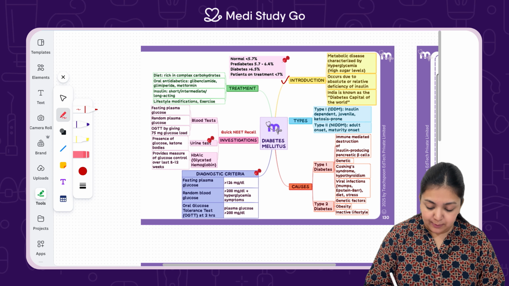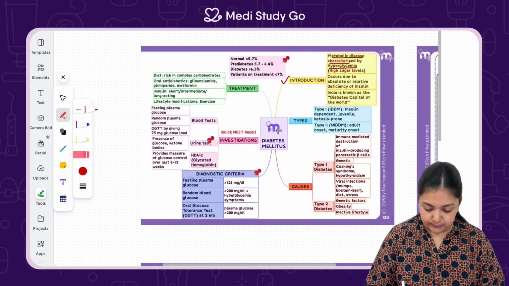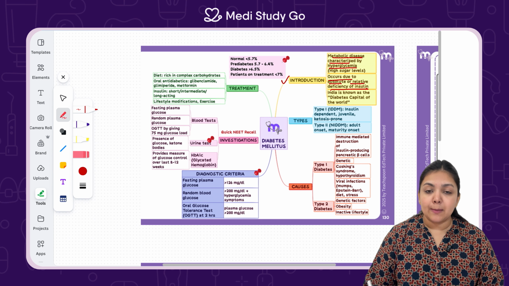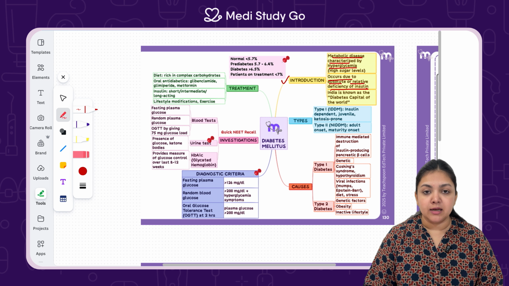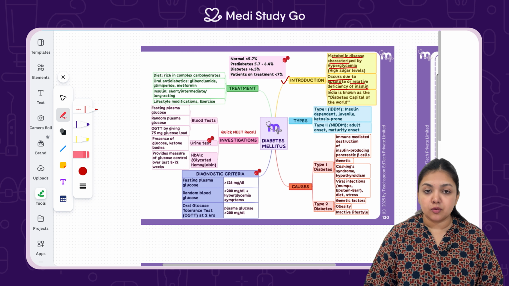So the introduction of diabetes mellitus is that it is a metabolic disease which is characterized by hyperglycemia. Hyper means more and glycemia means sugar. So high sugar levels is what diabetes is all about. It occurs due to absolute or relative deficiency of insulin. Absolute deficiency will mean that actually the insulin is low. Relative deficiency will mean that level of insulin is fine, but its action is not happening as it should. So that creates a relative deficiency at the site of action, both of which lead to uncontrolled glucose in the